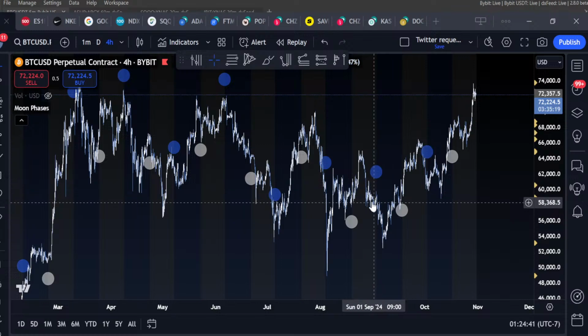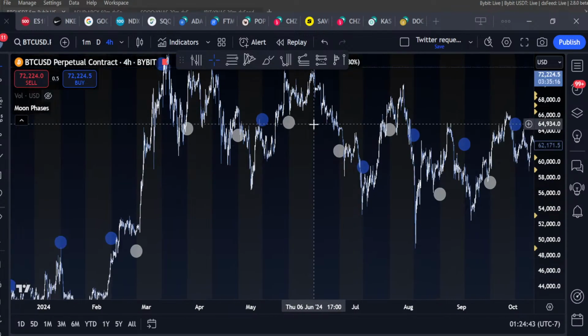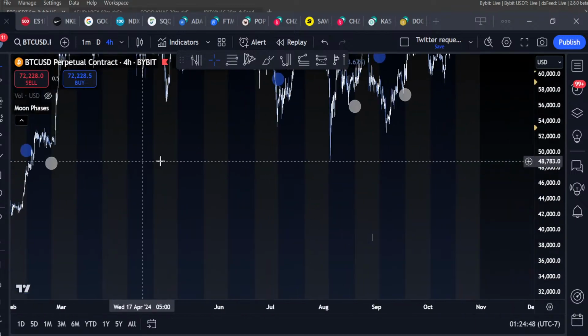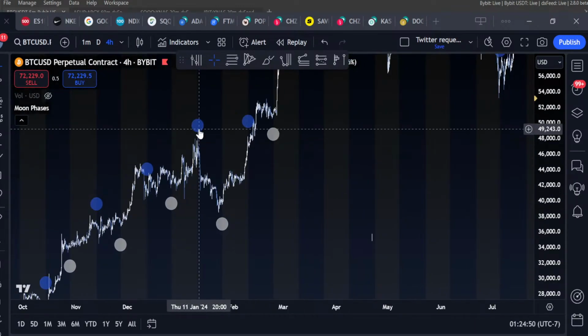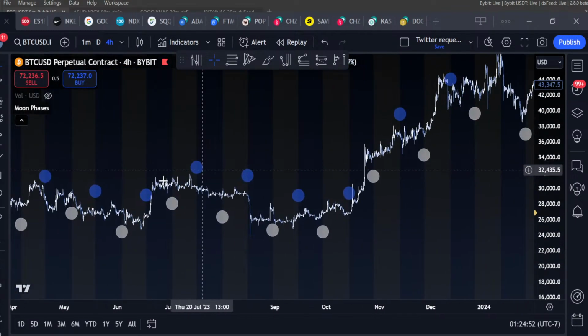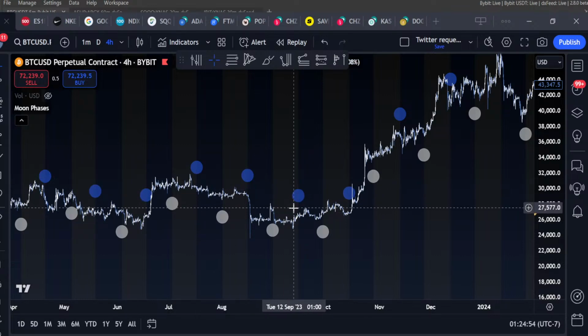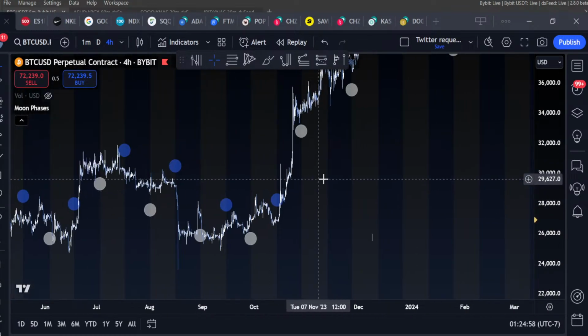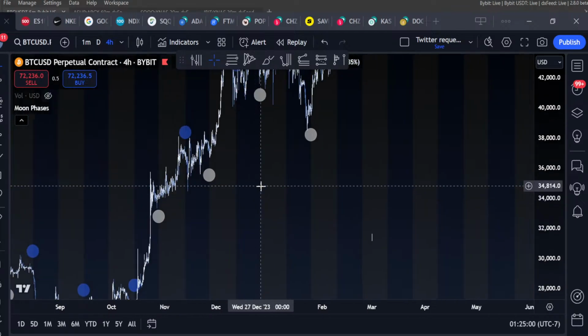The system can't just be go all in with 10x leverage on every shift in the moon's phases, because you're going to say, oh no, I would have lost everything there, I would have lost everything there. But you might start saying, maybe I could actually produce an edge off of moon cycles. And somebody could say, the market doesn't move on moon cycles, you idiot.